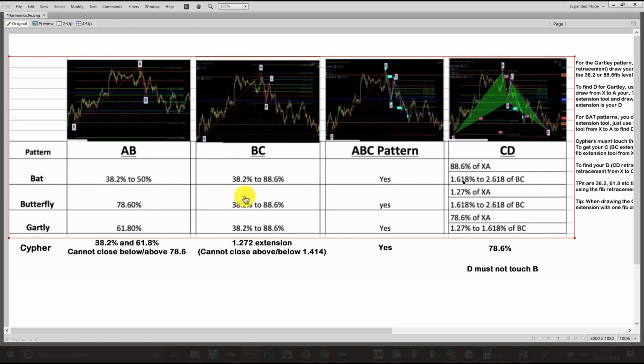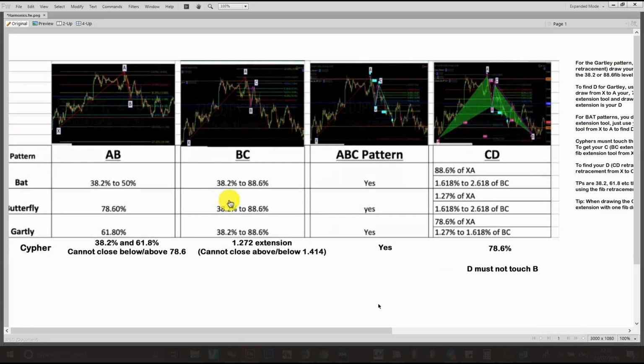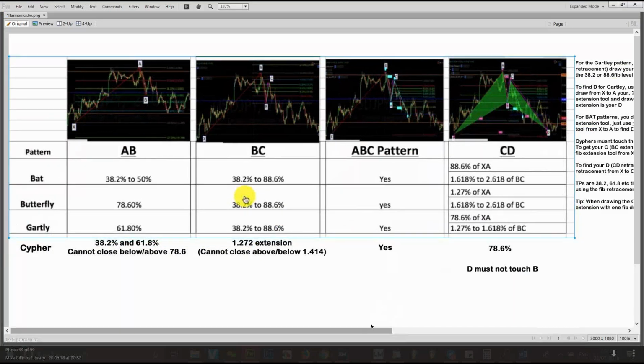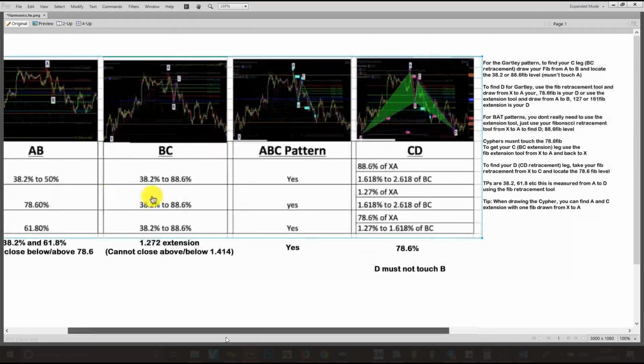The CD leg is the retracement or the extension of this BC. You know, this is another impulse leg, right? Every one of these is like an impulse leg. So an impulse leg, a correction, an impulse leg, a correction, an impulse leg, a correction. In this case, it's an extension. So what is this telling us to do? For a bat pattern, you don't really need to use the extension. Normally, we'll have picked the extension too. But it says that you can just use your Fibonacci retracement tool from X to A to find your D. And your D must be at the 88.6 fib level,